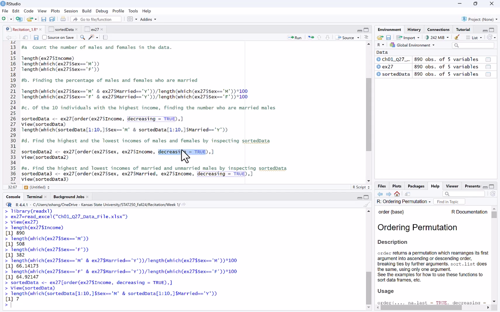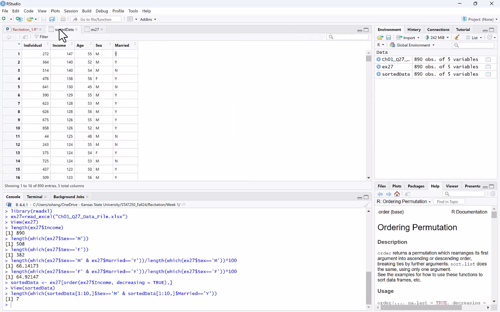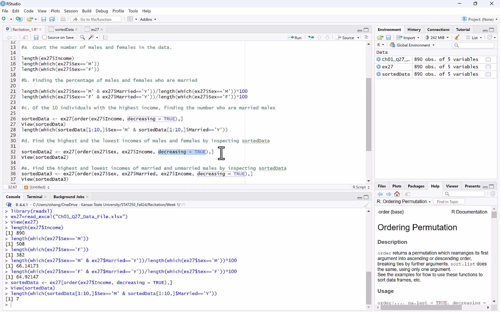It's different. But here, as we see, we only have two letters, M and F. So F goes first if it's increasing order. But now it's decreasing order, so M goes first. Okay. Now if we run this code,